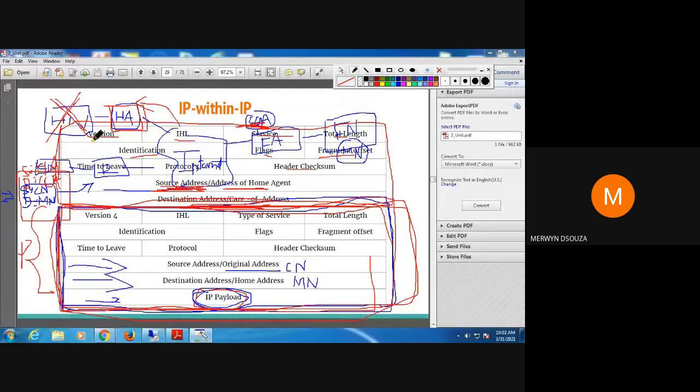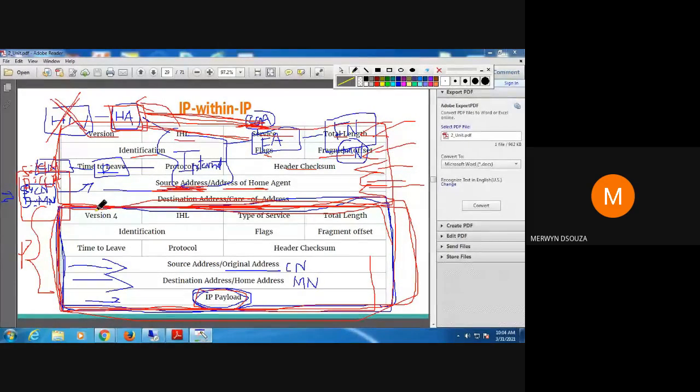And once this is done, it makes a virtual path like this. This virtual path is known as a tunnel. Through this tunnel, this packet is sent with the additional header. The additional header contains all these things that are shown here. That is not part of the original data; the original data is only here.